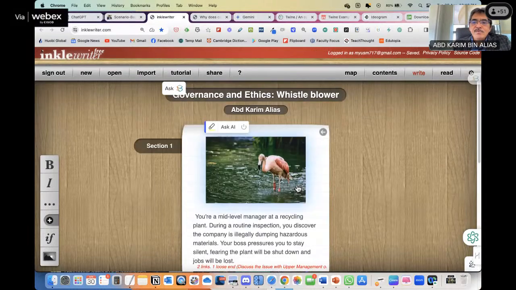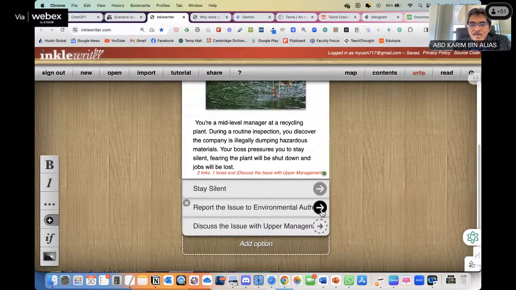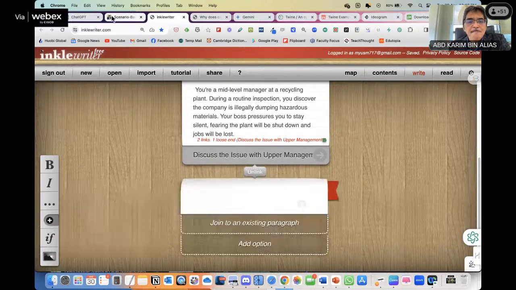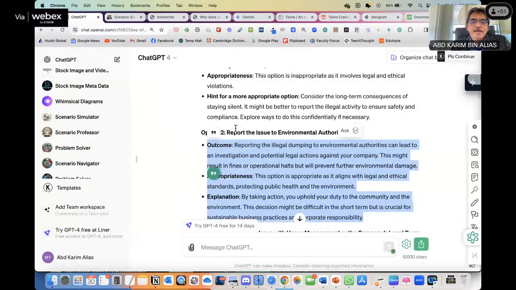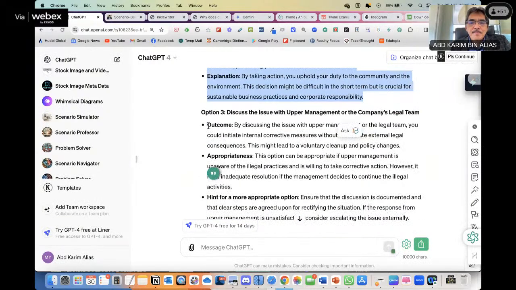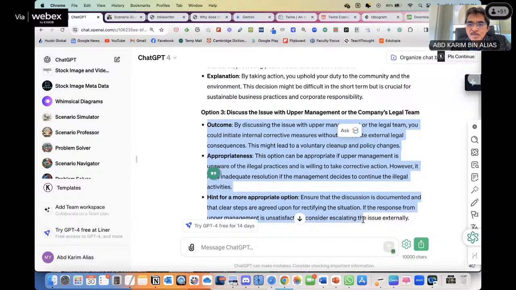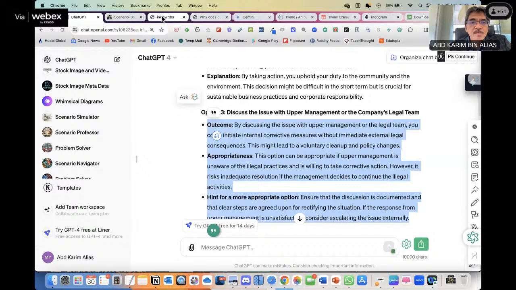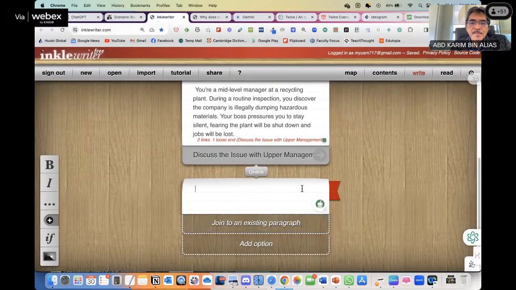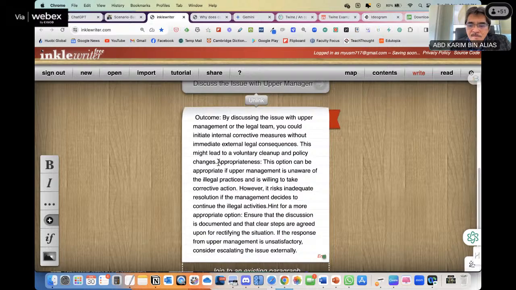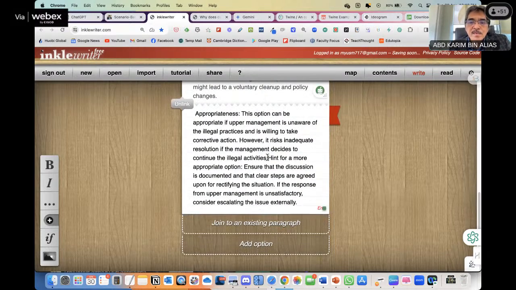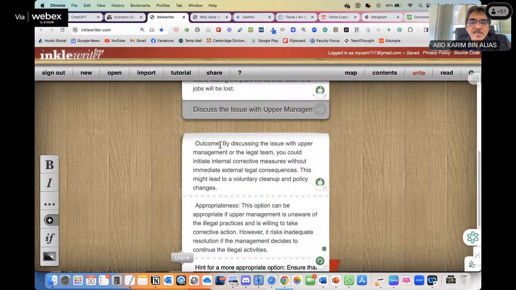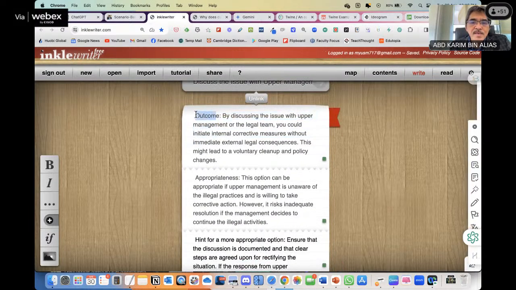Right, so now go back. So now 1 and 2 are already done, already populated. Then the third one now. This one has a hint because it's not the appropriate response. So we just make it neater, more neat. So just format.